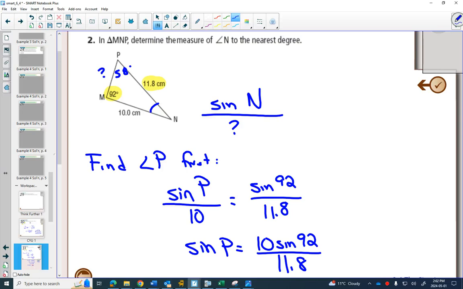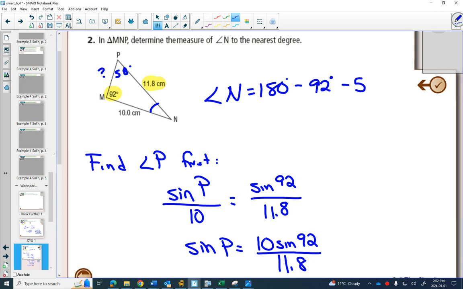Any ideas how you'd find angle N? Subtract them from 180. Okay? So in this case, angle N will equal 180 degrees minus the 92 degrees minus the 58 degrees. And we get angle N is 30 degrees. Nice. Okay, circle question number